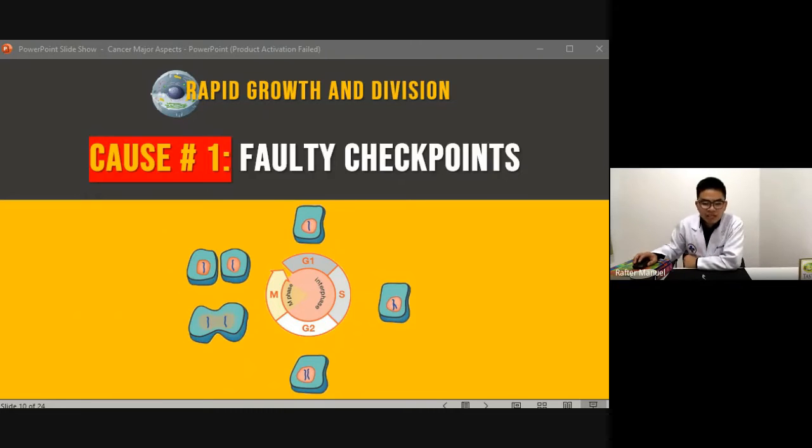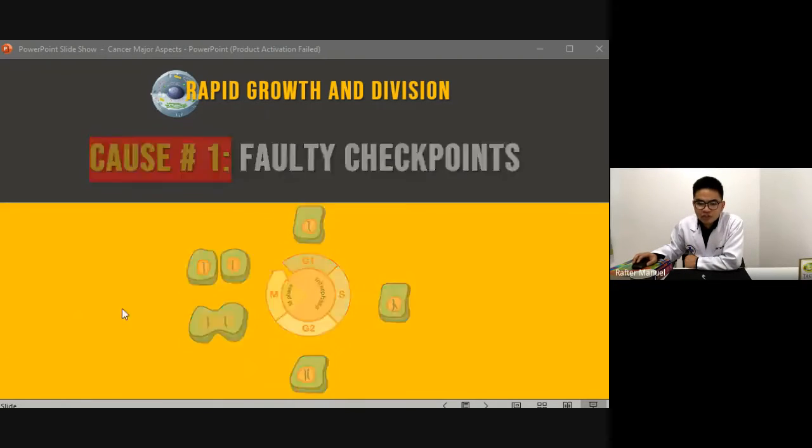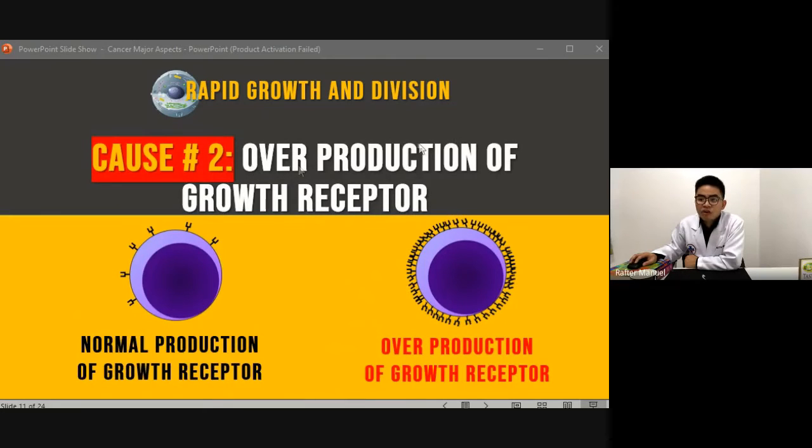Okay? What other things involve rapid growth and division? Cause number two is overproduction of growth receptors. You see here, the cell has receptors on the cell surface. Let's say this is the normal production of growth receptors. But over here is the overproduction of growth receptors. Napakaraming receptor. Okay? See, these cell receptors outside the cell will receive growth signals or growth hormones